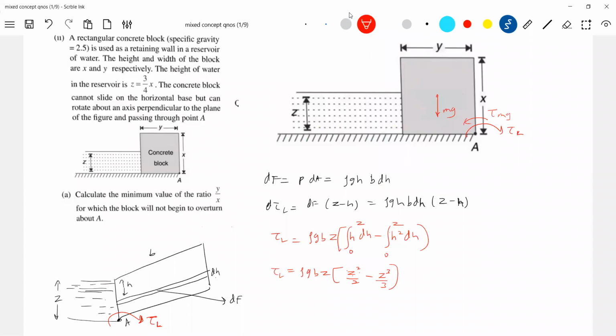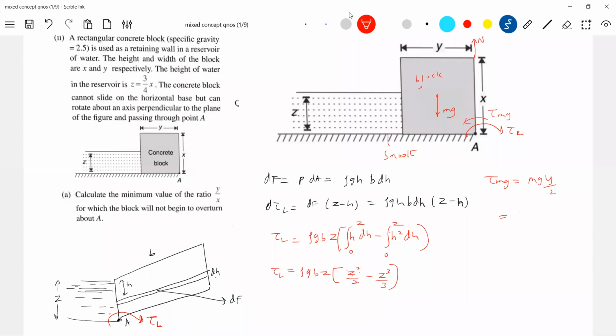For it to be in equilibrium, torque due to weight mg should be equal to the liquid torque. What about the normal contact? If at all there's friction, the friction would act in this direction. It says smooth, so it doesn't bother anything. Let it be smooth and it's not permitted to move. Maybe there are some sort of hinges there, so that will not permit the block to move. Concrete block it is. Torque due to weight about point A should be equal to mg into y by 2.